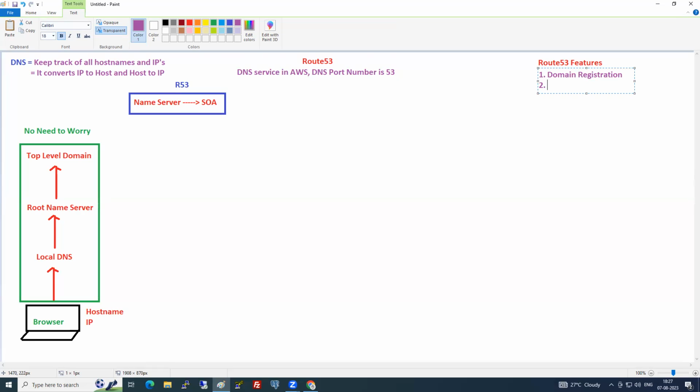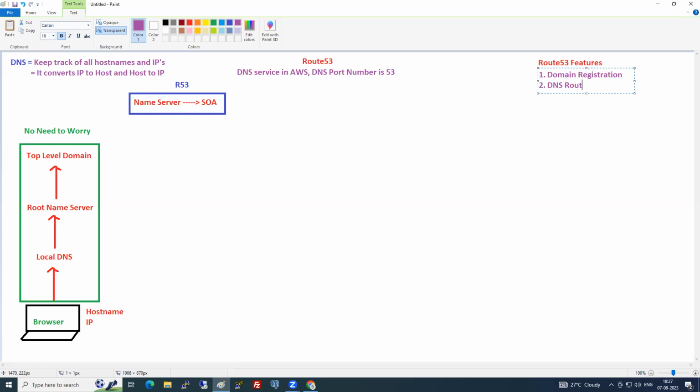But as we are in AWS, do you purchase the domain somewhere in third-party? No. We need to purchase in AWS only. In which service can you purchase the domain? Route 53. Route 53 also acts as a registrar. That means you can purchase the domain in Route 53, so it helps with domain registration.